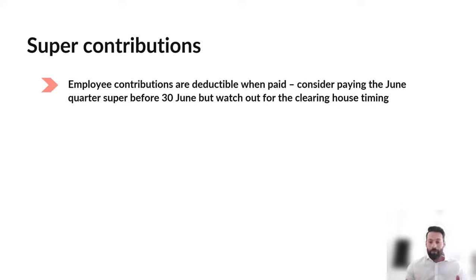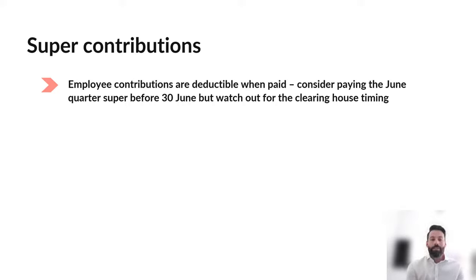They also need to have been received by your employees or be recognised in your employee's super fund to be deductible. So what that means is if you make contributions prior to 30 June and they're recognised in your employee's fund before 30 June, then they should be deductible in this financial year. So what you might think about doing is bringing forward the contributions that you'd be making for the June quarter, which ordinarily would have to be made by the 28th of July. If you made those contributions before 30 June, they might be deductible to you in this year.